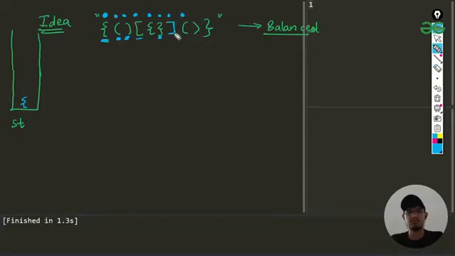Now we are at this position, this is again an opening bracket, so we'll be pushing the element here. Then we have this closing bracket, so we'll be removing this from here. So we have removed this element from here, and at the end we have this one. So we are not going to be pushing, basically we'll be checking whether the opposite for this bracket is present or not.